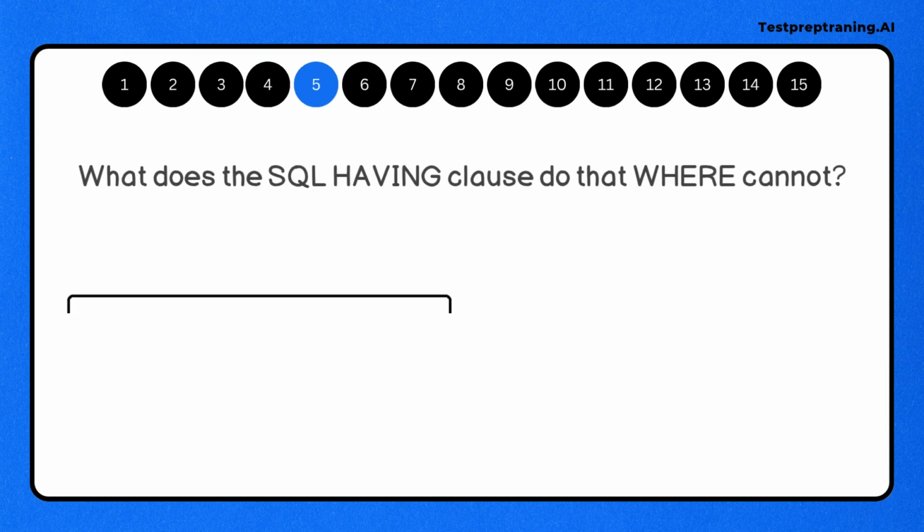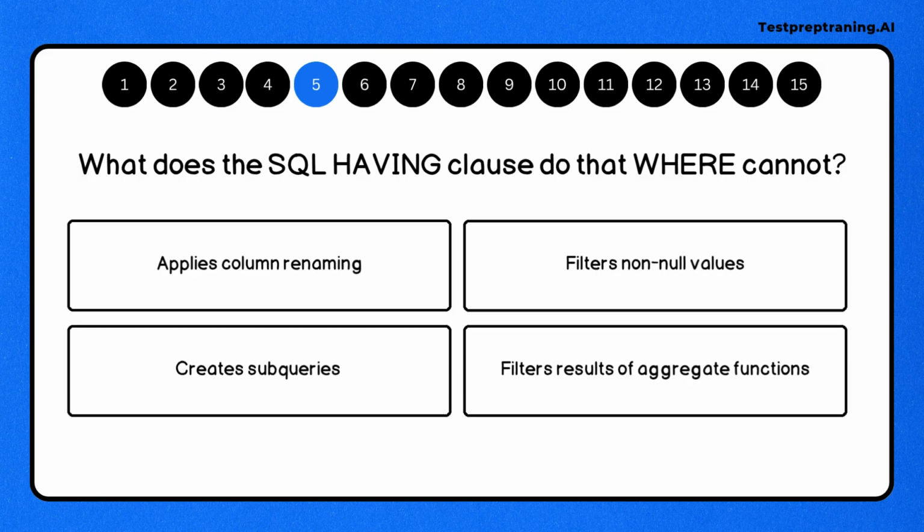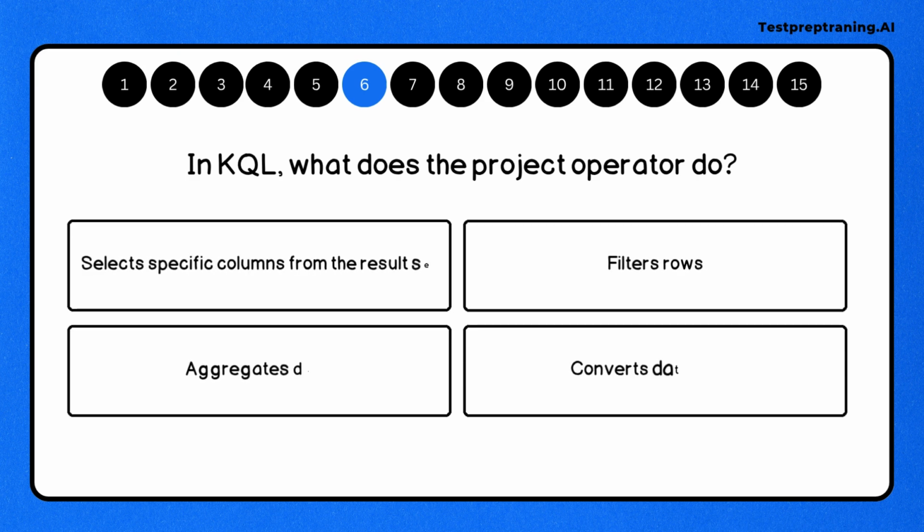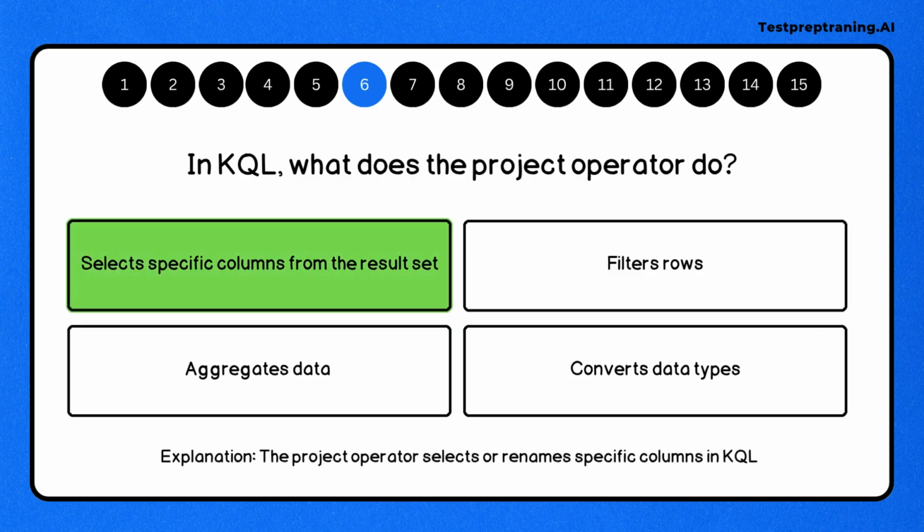transformation pane. Question 5. What does the SQL HAVING clause do that WHERE cannot? Correct answer is filters results of aggregate functions, as HAVING filters groups created by GROUP BY, while WHERE filters rows. Question 6. In KQL, what does the project operator do? Correct answer is select specific columns from the result set, as the project operator selects or renames specific columns in